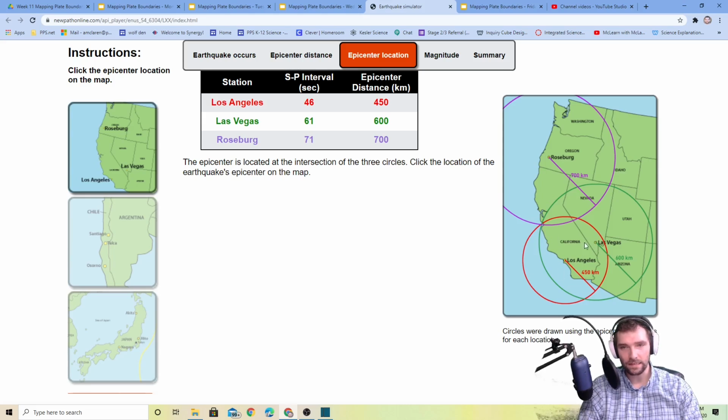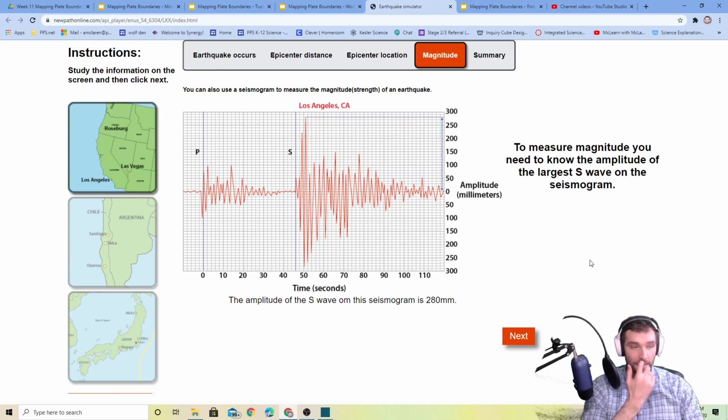And so LA and Arizona, if it's just the two of them talking, they might think it's here or there. But Roseburg would say that's too far away. Like it should be only 700 meters away from us. So the earthquake originated around there. That's the main idea, honestly. The scientists look at when these things come in, and they're able to figure out how far away these things are that happen from them, and they just draw the circles and find where the circles